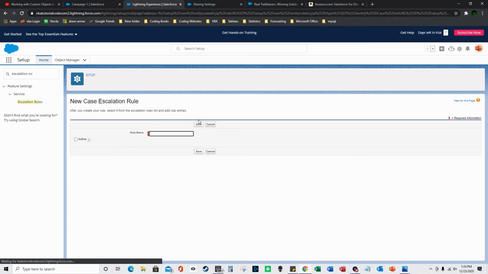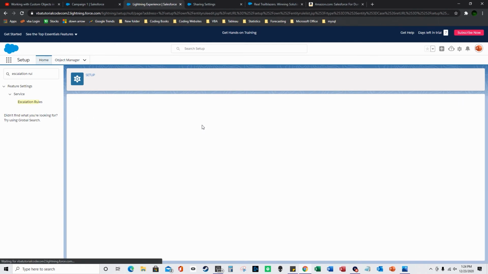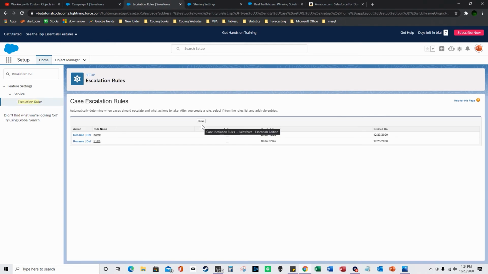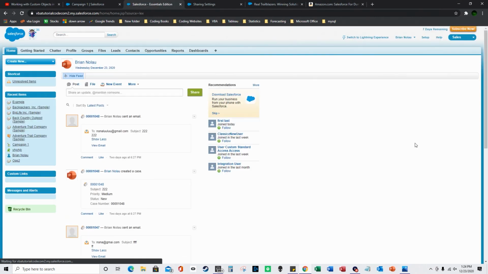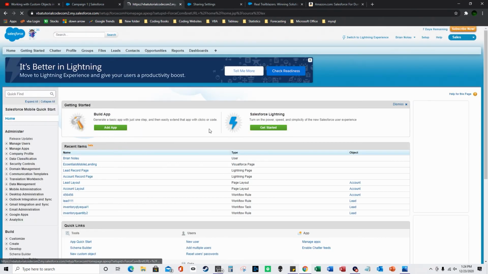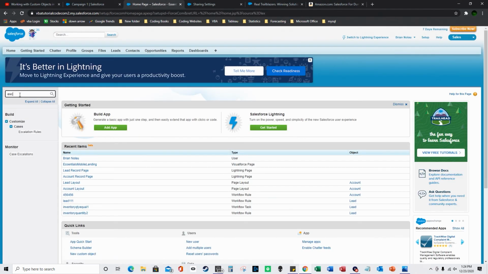So you press new, enter the name, and you don't click active yet, you click save, but you have to activate it when you're done. And then basically you have to switch to Salesforce Classic to actually work with the rule. So I'm going to go to Salesforce Classic, and then I'm going to go to setup and escalation rules,